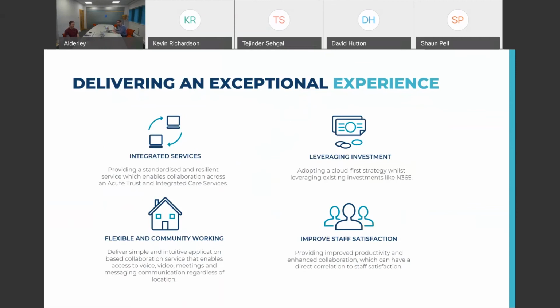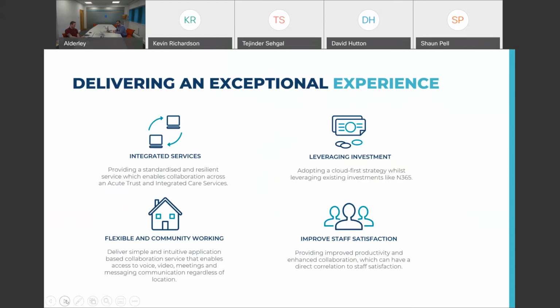I haven't got the figures here, but we see from case studies that have been done that this then has a direct impact on staff retention. If people are able to be successful in their role, able to work together, and able to receive communication around organisation changes and things that are happening within the organisation, they're very much engaged within their job, and that makes them successful and makes them want to stay within that role and want to progress.